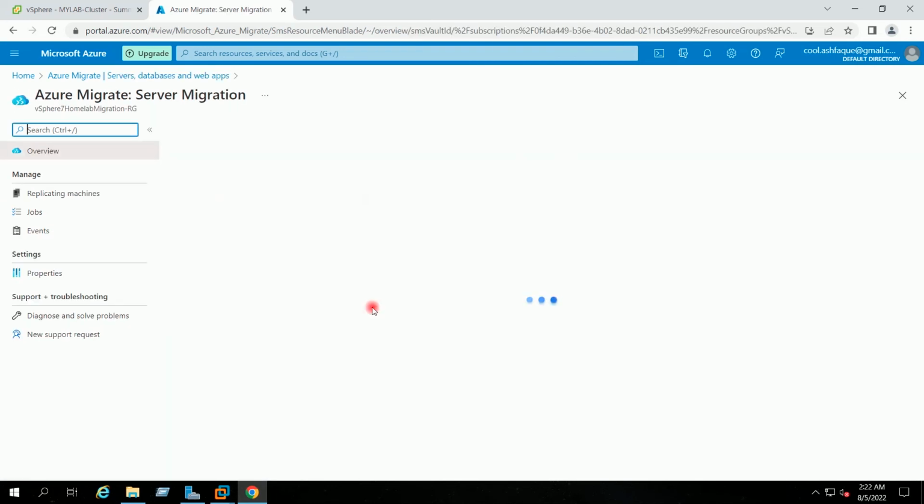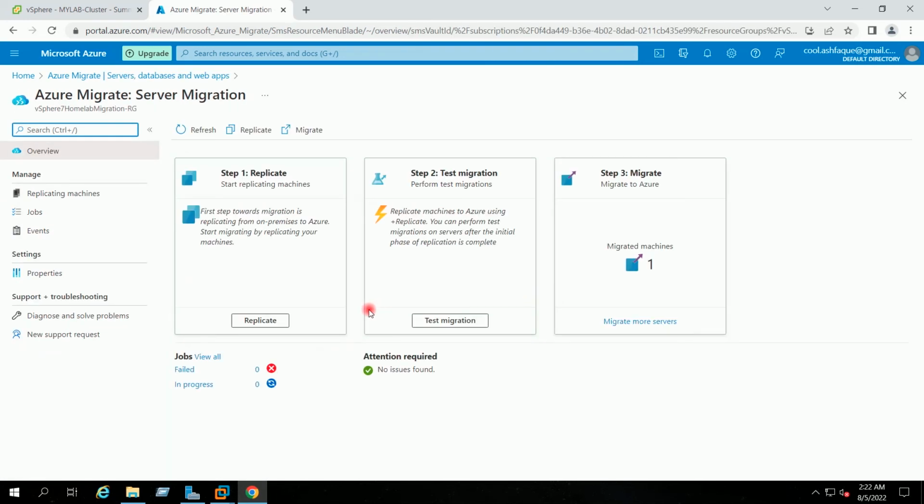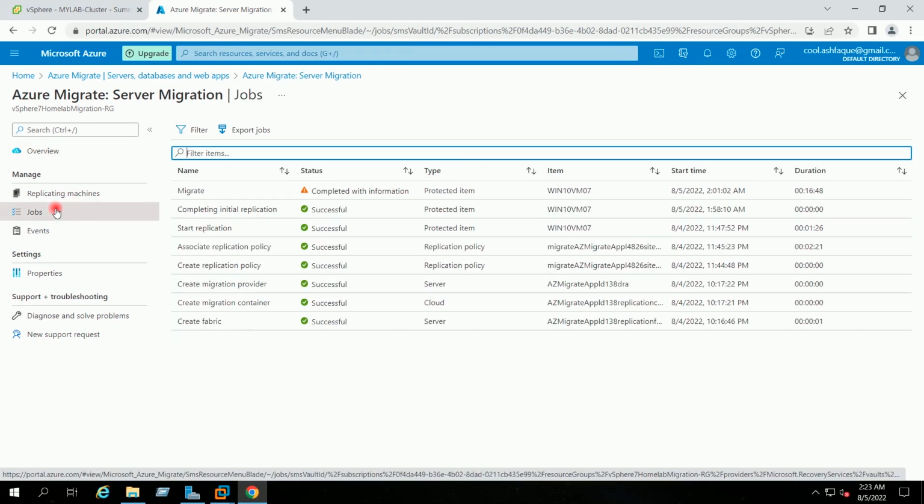If I go to overview, you can see here migrated machines count is showing 1, which means our virtual machine has been migrated. If I go to jobs, you can see here all the jobs related to migration are showing completed.